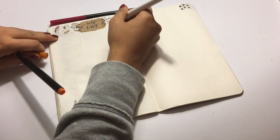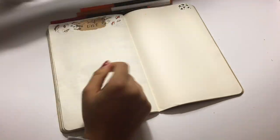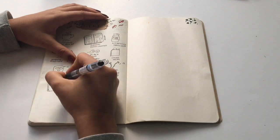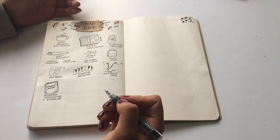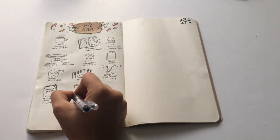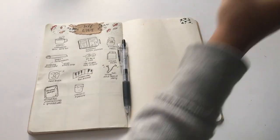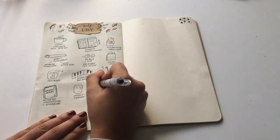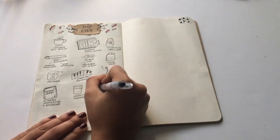I grabbed that brown scrapbook paper and put that for the title, used my Tombow pen to draw out some decorations coming from that and leaves and all of that good stuff. So as you can see, my camera died and I actually went through some of the doodles and didn't realize that. So here I'm showing you after and adding to it, but I basically added things like cup of coffee, planning,